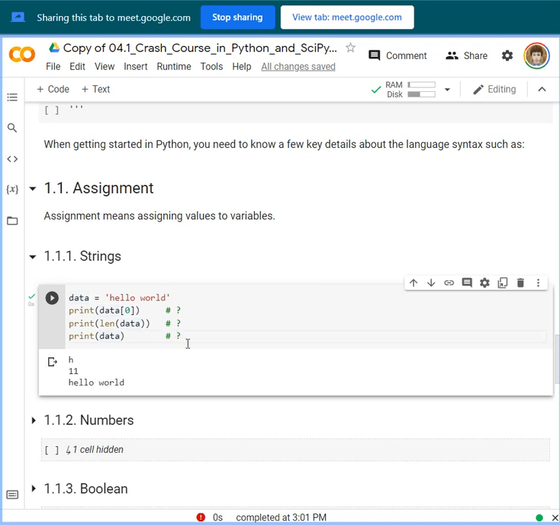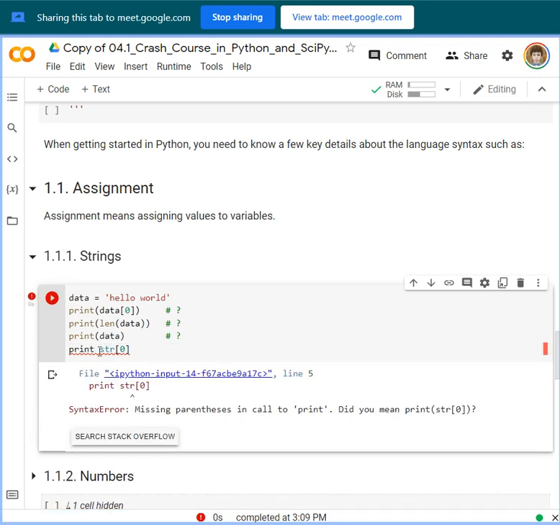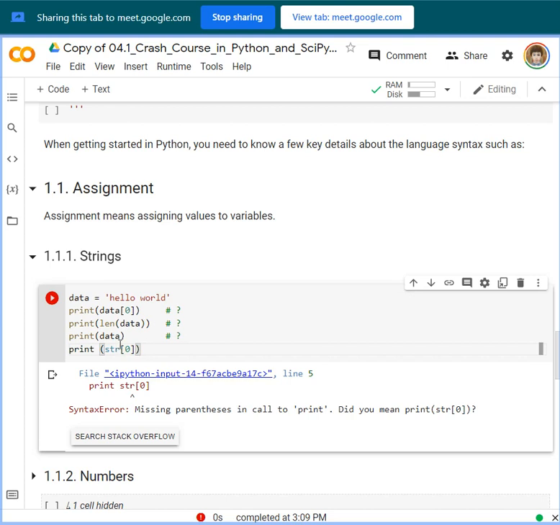You can test, for example, a string. Sorry, I forgot, missing parenthesis, data. We just replace this one, like for example, this one.